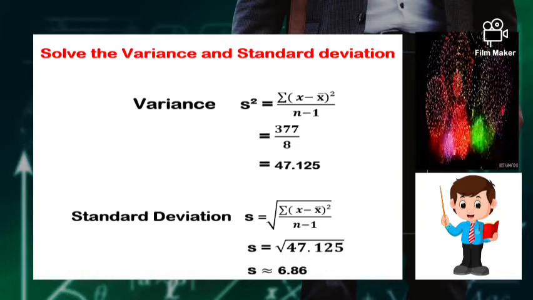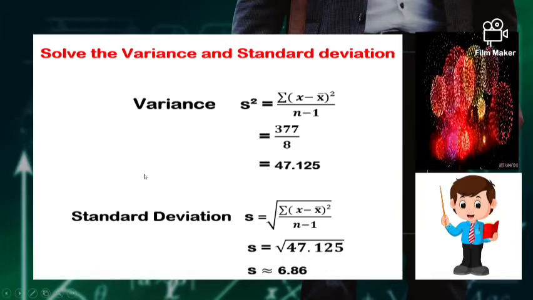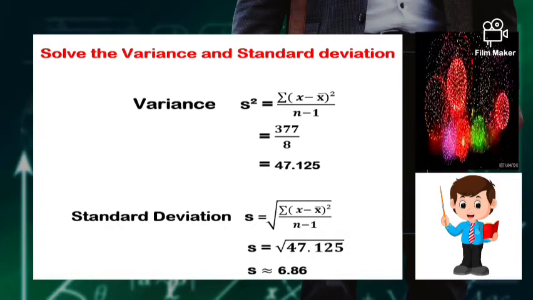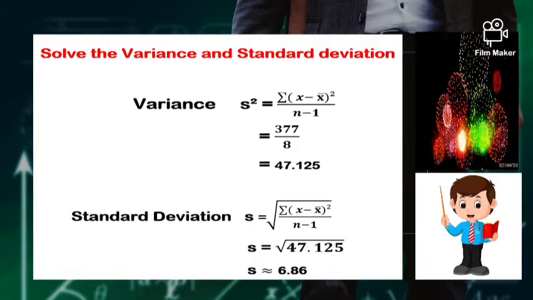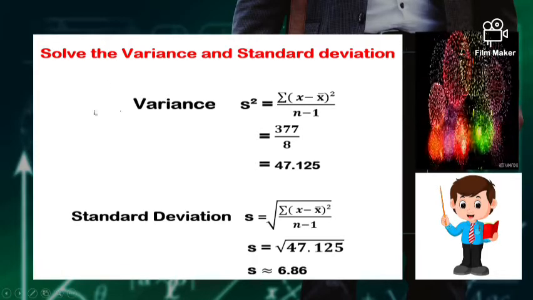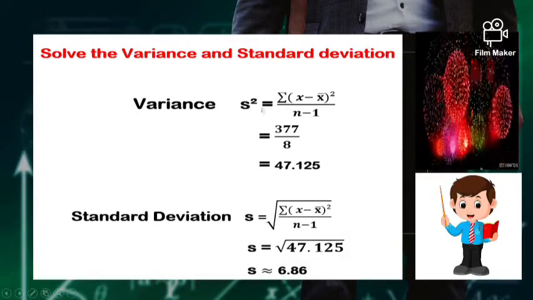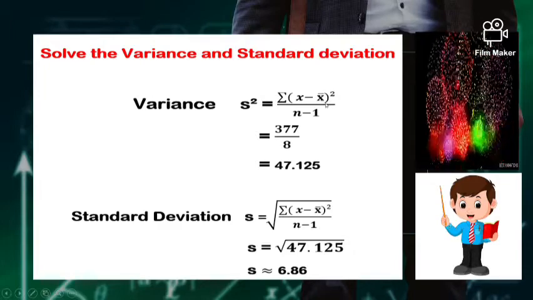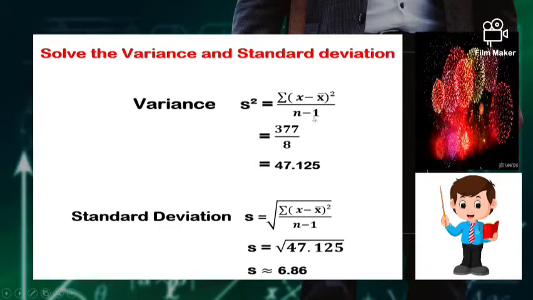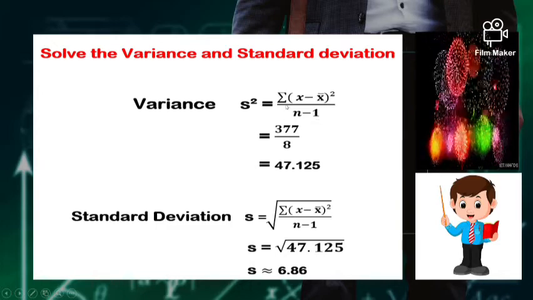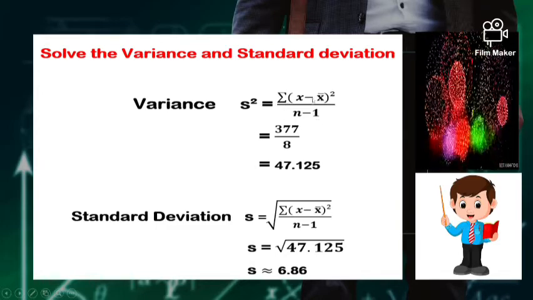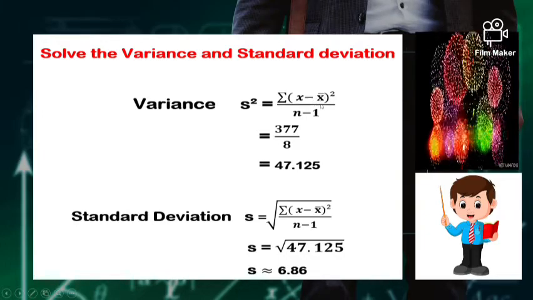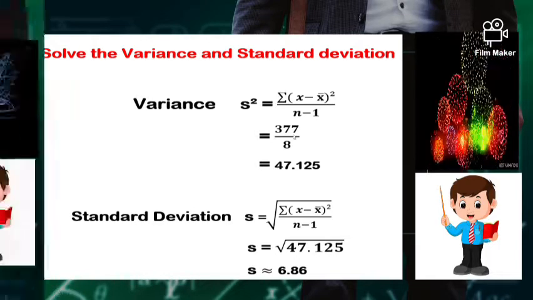Take note, your standard deviation will be easily identified once you have your variance already. So solve for the variance and standard deviation. Now let's use the formula. S squared is equal to the sum of the quantity x minus x bar raised to the power of 2, all over n minus 1. The numerator, the sum of the scores minus the mean score squared, is